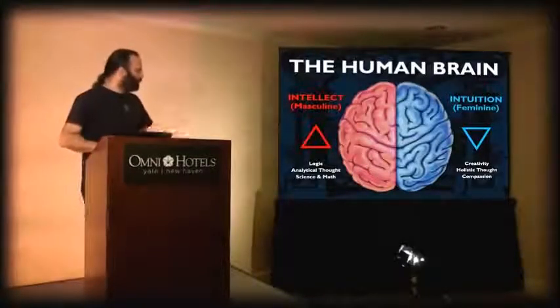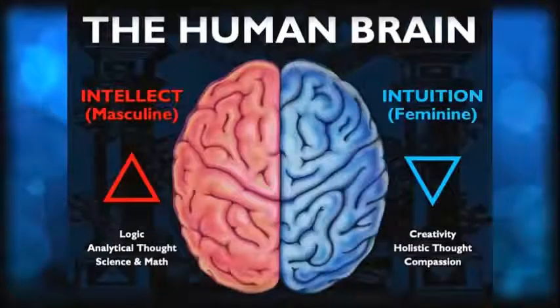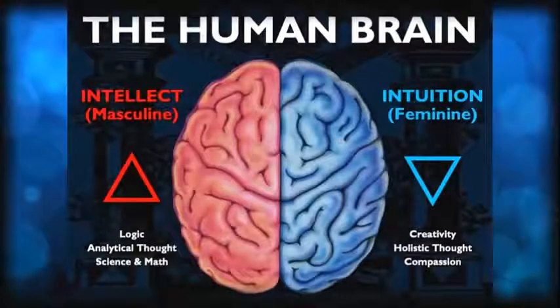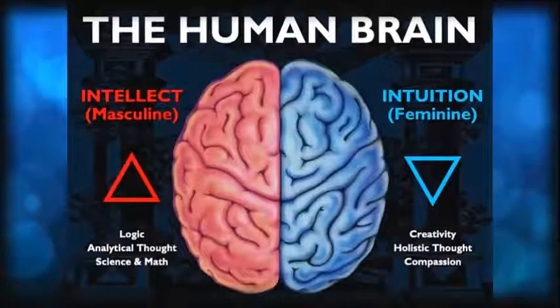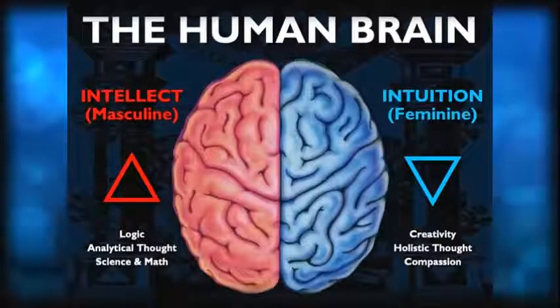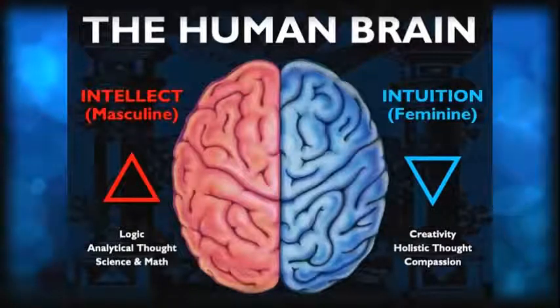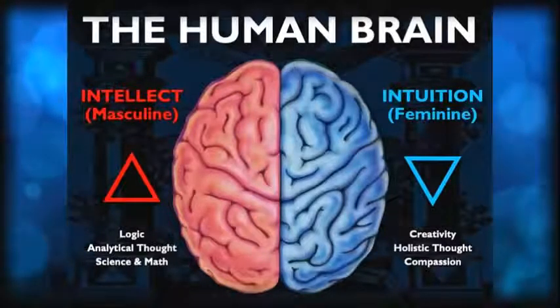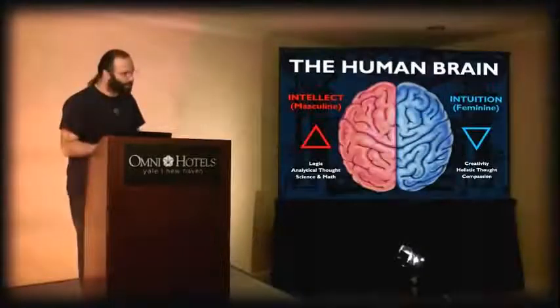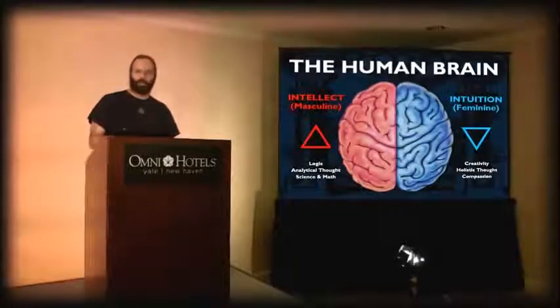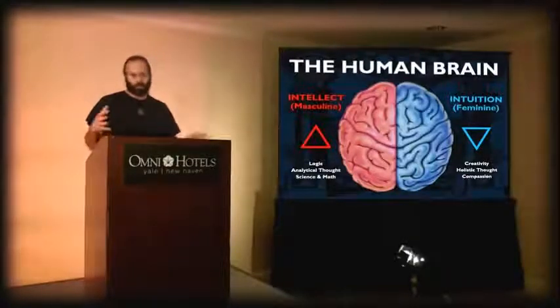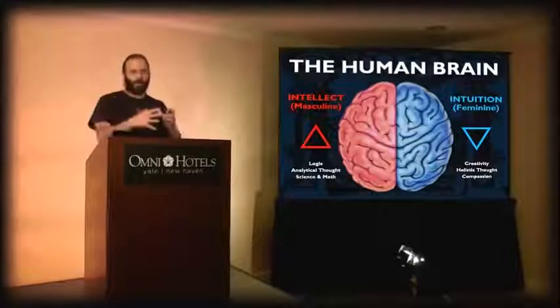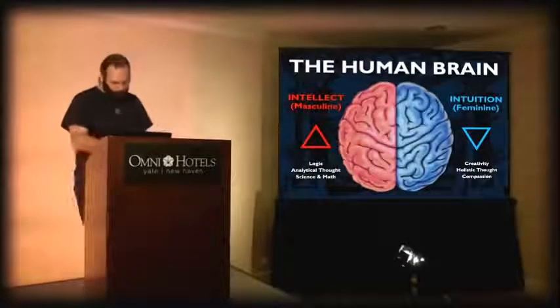The right side of the brain, the right hemisphere, generally facilitates and makes possible human creativity, our emotional makeup, okay, all the emotional dynamics of the human being, holistic thought, being able to see the big picture, pattern recognition, and then things like compassion, nurturing, care, okay? Ethics, to a large extent. And I would say ethical thinking comes from a balance between the two, as we're going to get into.